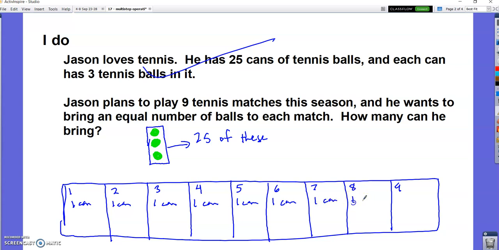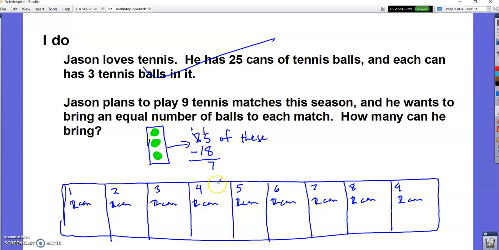Let's see, can he do that again? Can he bring a second one to each? That'd be another 9. That's 18. So I'm going to do 2 cans. 2, 2, 2, 2, 2, 2, 2, 2. So now I'm bringing 2 cans of the tennis balls to each match. So let's see. How many have I used? That's 18. So I've used 18 of the cans, and that leaves me with